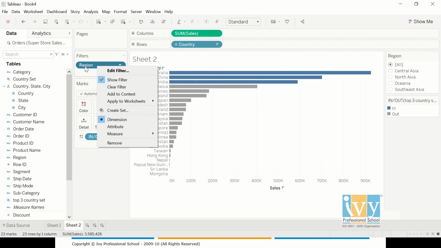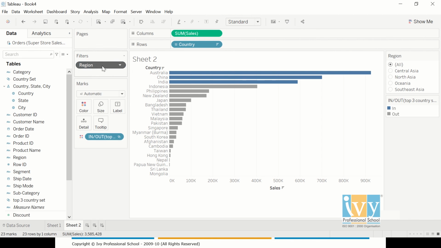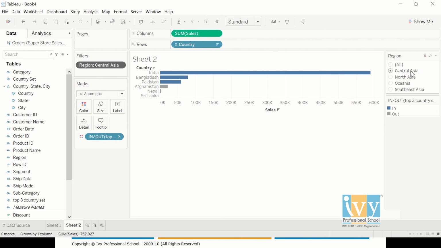So these are the places where context filters come into the picture. Now when I add a context and filter my central or any other kind of region, since this comes before any other kind of filter, it first applies this filter, and then whatever condition I'm putting gets applied on my filtered value.